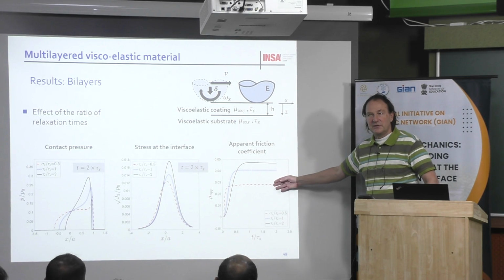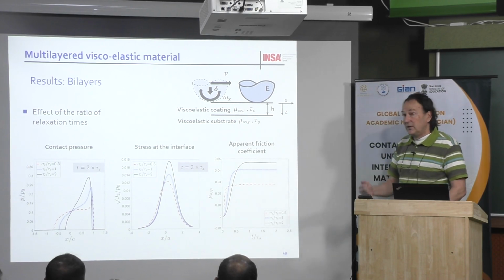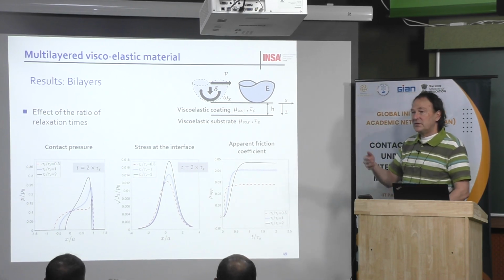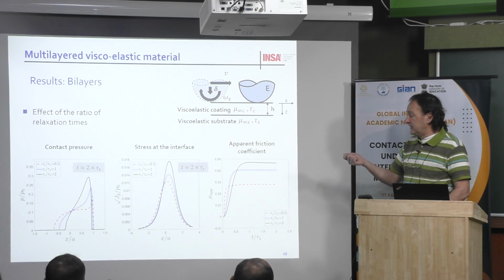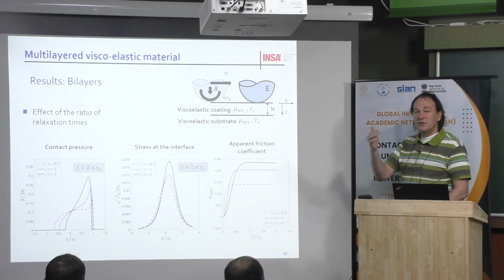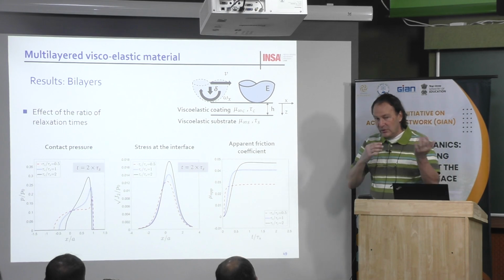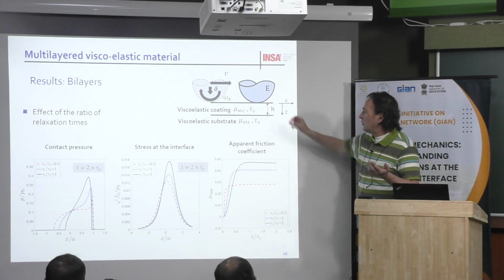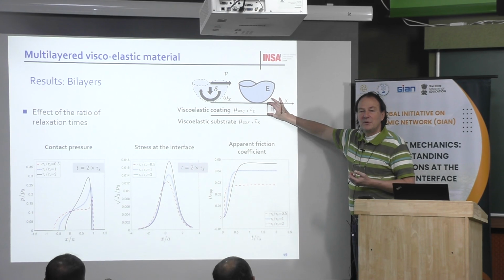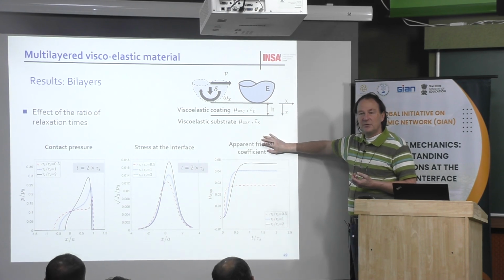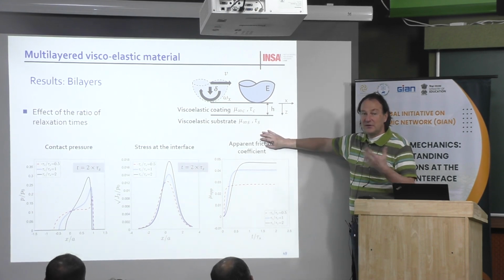Okay, then the same, you can imagine new materials with several layers of viscoelastic materials. You can use some heterogeneity, some inclusions you can put in the coating or in the substrate. Everything can be useful to modify the friction coefficient. If you use inclusions, if you remember yesterday, you should use them only in the first layer, because when they are far from the contact, they have no effect, because they are not solicited by the loading.